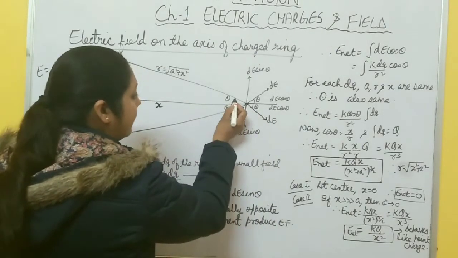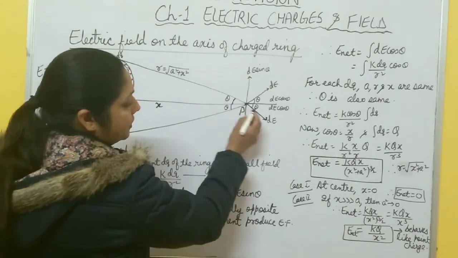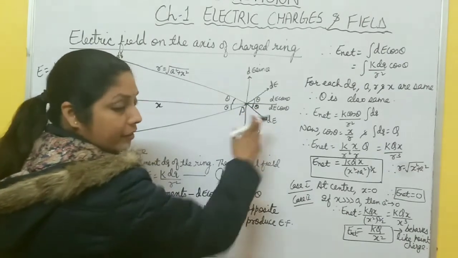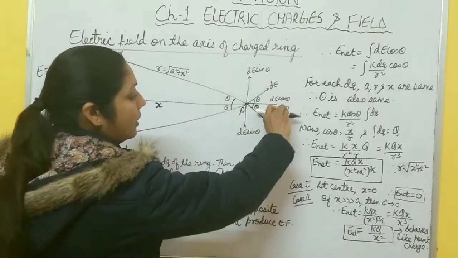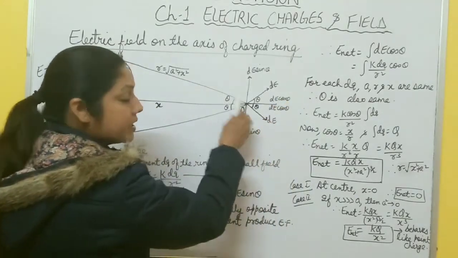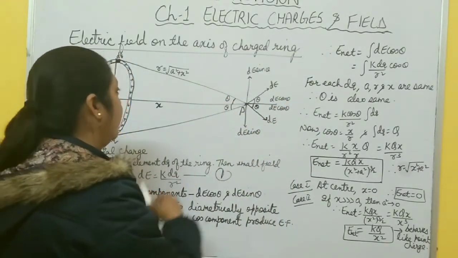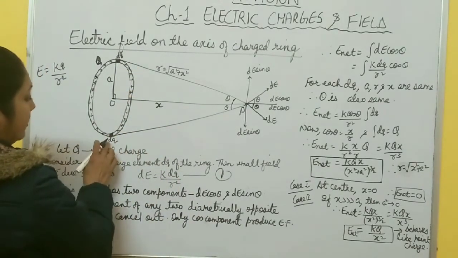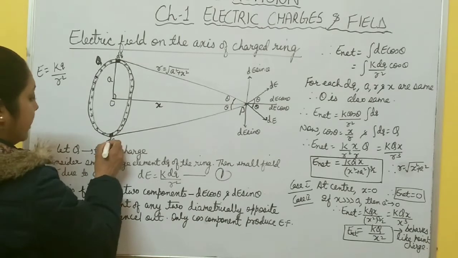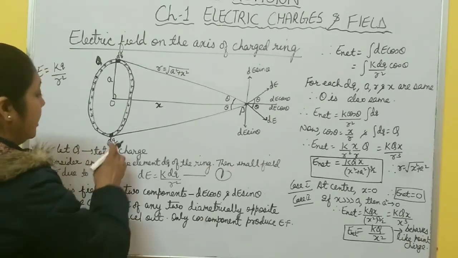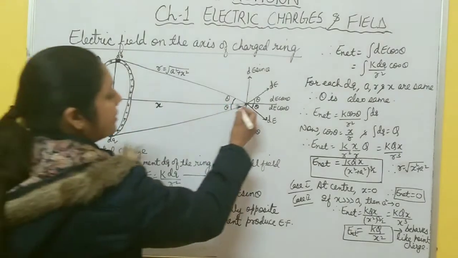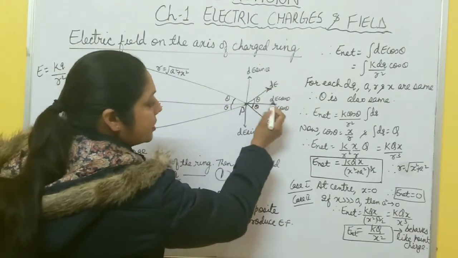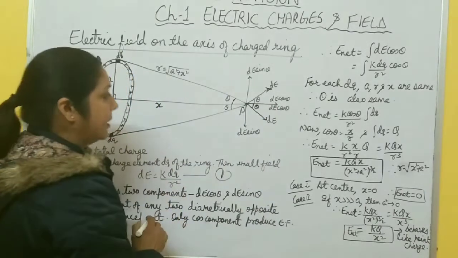So let us suppose that this angle is theta. So this angle again becomes theta. Now this electric field has two components: one is the cos component, and the other is the sine component, right? Now you take another diametrically opposite end, and at that point again you take another charge element dq. Due to this charge element, again there is a field in this direction, and again it has two components, dE cos theta and dE sin theta.